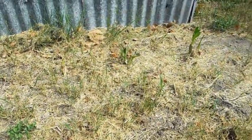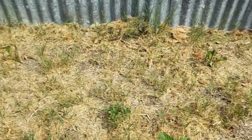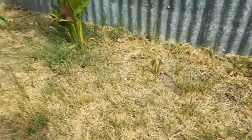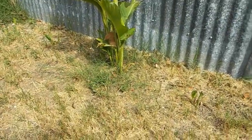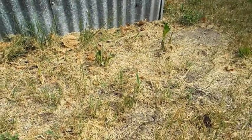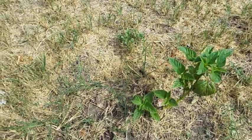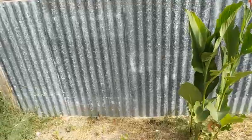These cannas, I chopped them back because they looked so bad from the grasshoppers. But of course they're getting eaten up again. So I think I'm just going to get rid of all these cannas here. The grasshoppers are just horrible. Let me see if I can show you